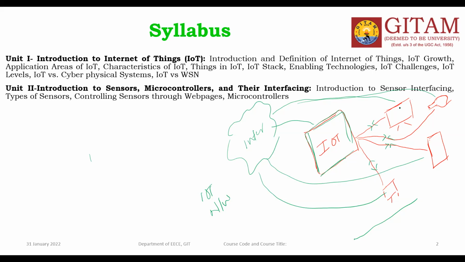For communication, sensors are important. This is the motor, of course. Sensors are the eyes of the IoT. I told you, sensors are the sense organs